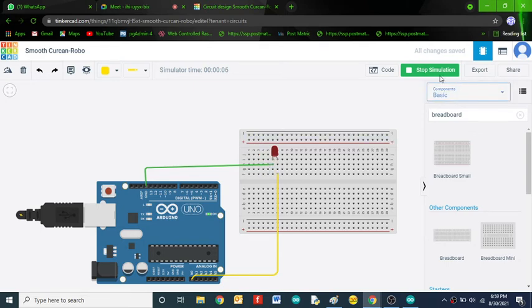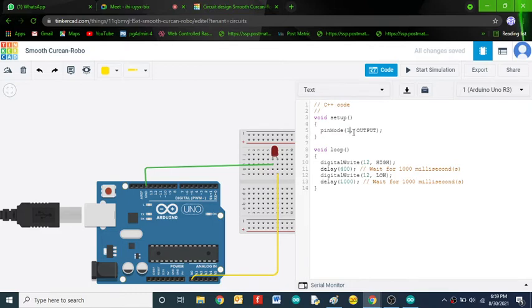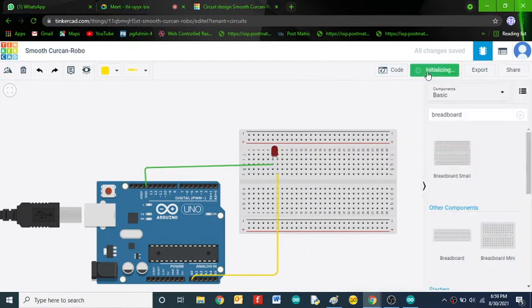Now I'll change the code again. I have connected this LED to A0. Now start the simulation.